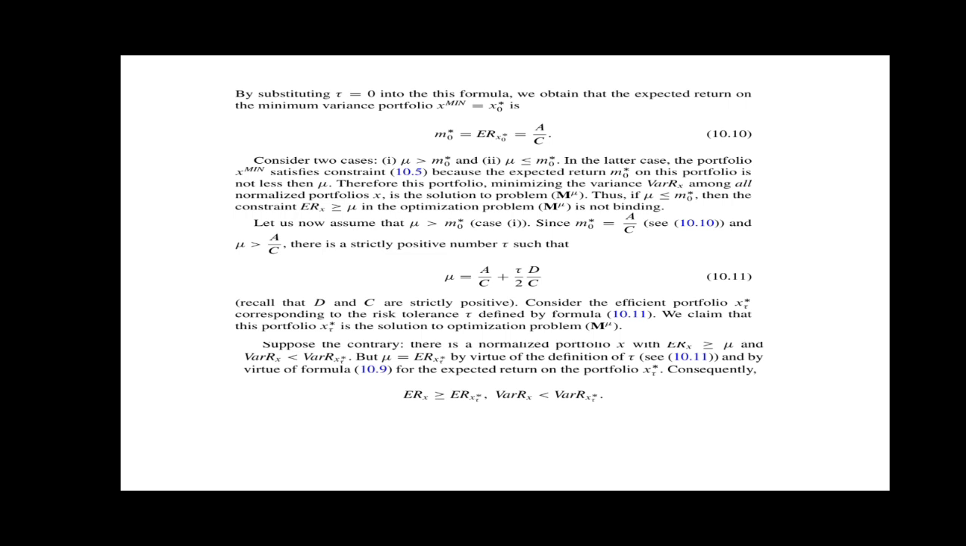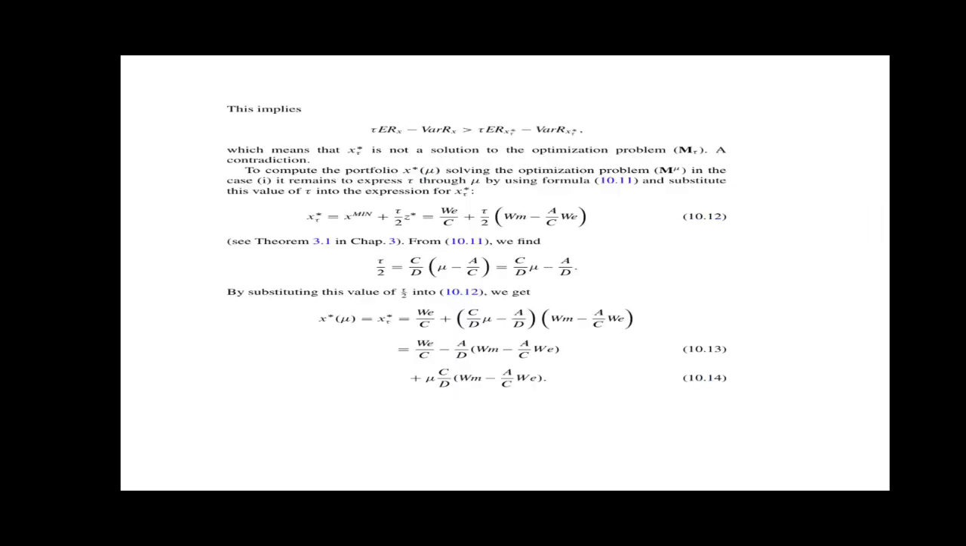Consequently, E[R(x)] is greater than or equal to E[R(x_tau*)] and Var R(x) is less than Var R(x_tau*). This implies tau E[R(x)] minus Var R(x) is greater than tau E[R(x_tau*)] minus Var R(x_tau*), which means that x_tau* is not a solution to the optimization problem, a contradiction. To complete the portfolio x*(mu) solving the optimization problem in case 1, it remains to express tau